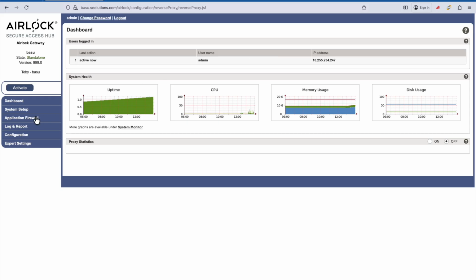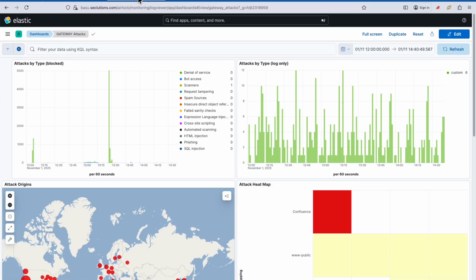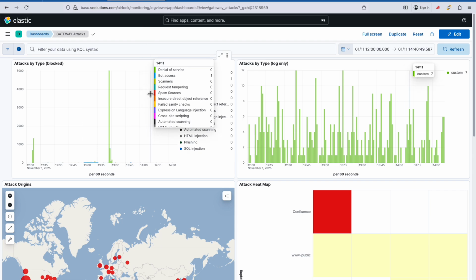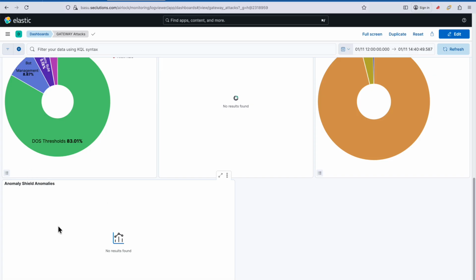Now, looking at the application firewall here, the reverse proxy, I can show you that there are a few mappings configured on this system. What those mappings are doing is really not that important. What's more important is how the Anomaly Shield is set up. Before we look into that, let me show you a little of what's going on on this gateway. You can see here on the Kibana dashboard that we do have some attacks, but if I scroll down here,